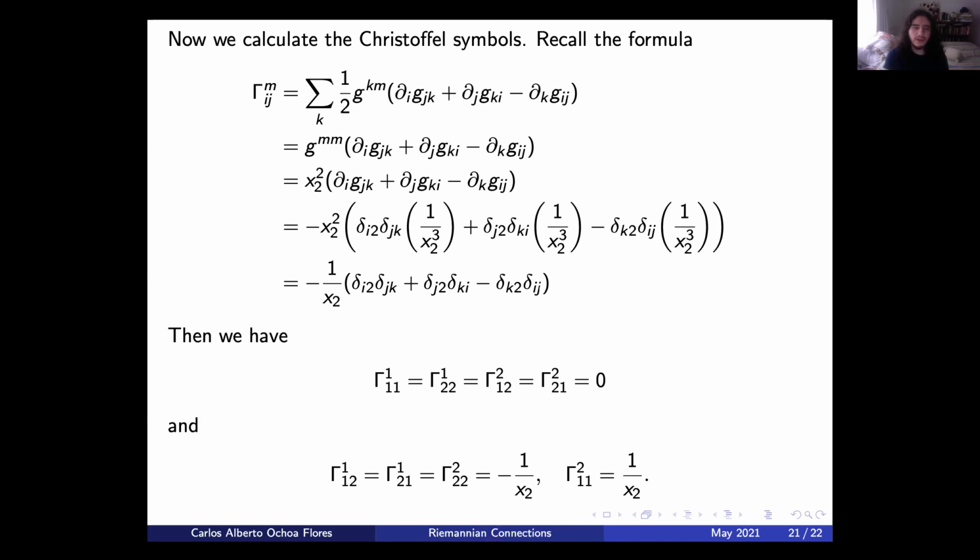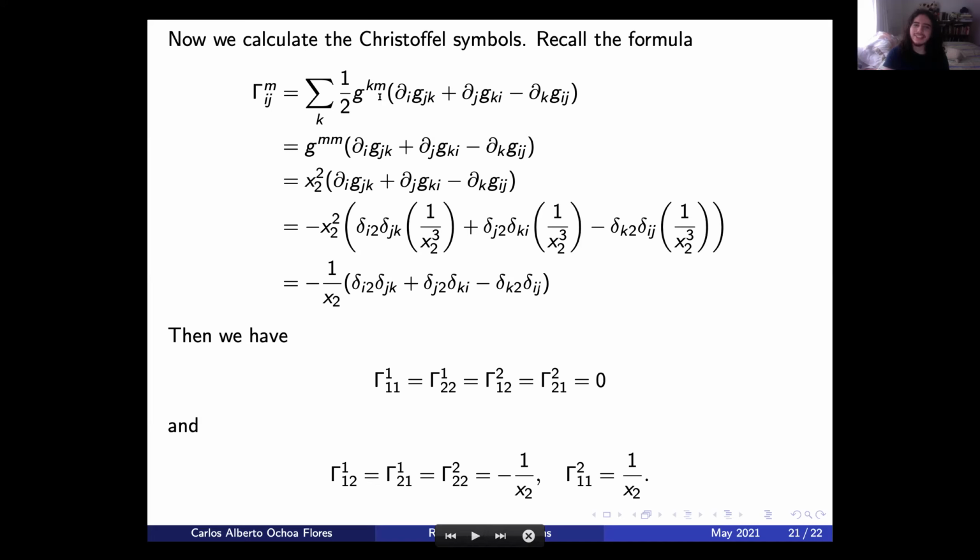Now here I'm missing one of, okay, we have this, but once again, most of the terms cancel because here G to the Km is the inverse of G Km, right? Yeah, I mean, it denotes the entries of the inverse matrix. And